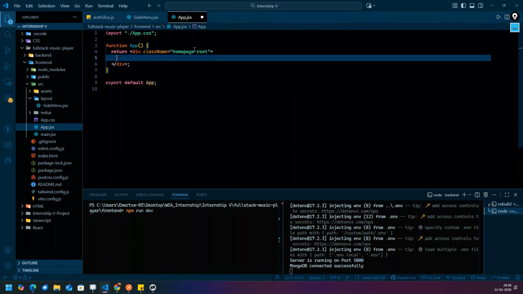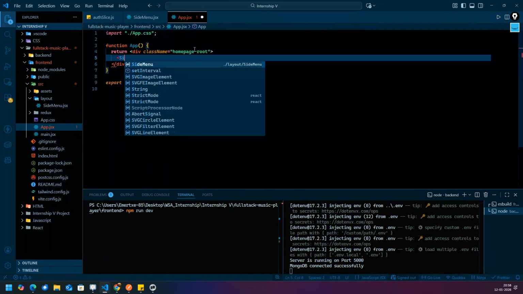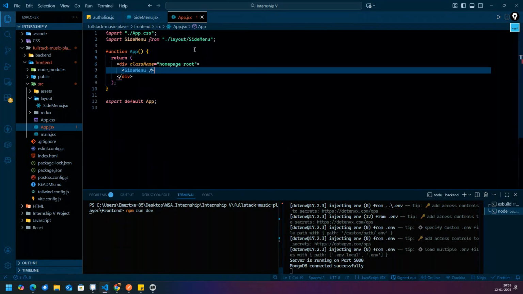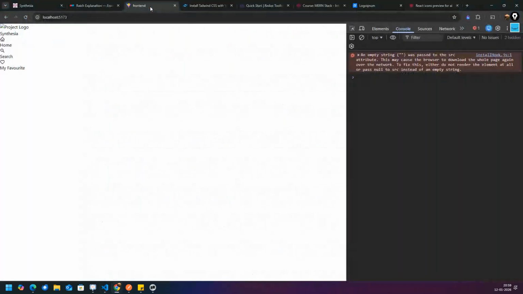And then you can write side menu, and that side menu will get imported over here. Let's see whether it is working or not, guys. This is the front end, and see, like this it is coming, although we don't have CSS.